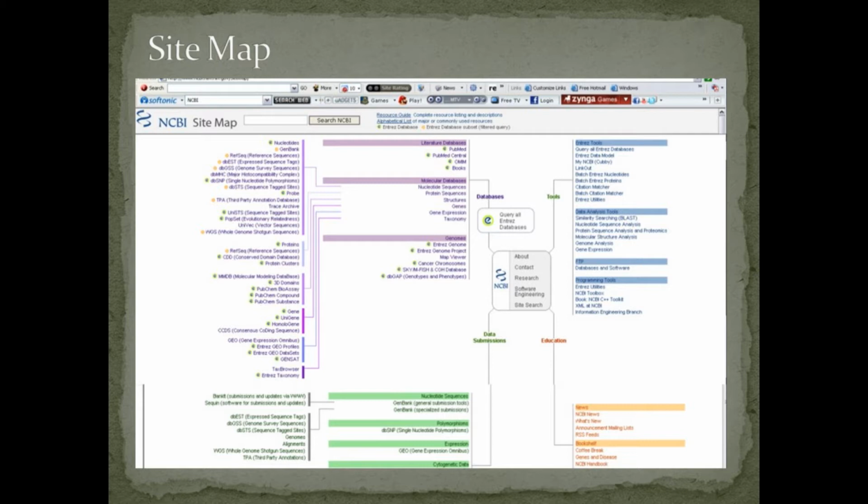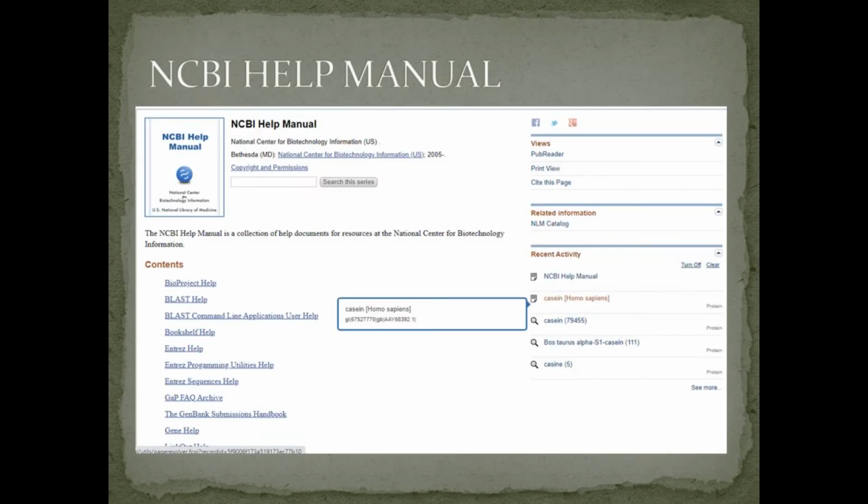These are all the NCBI resources for study. Here we are discussing the NCBI Help Manual. These manuals are organized by the NCBI and help with documentation.